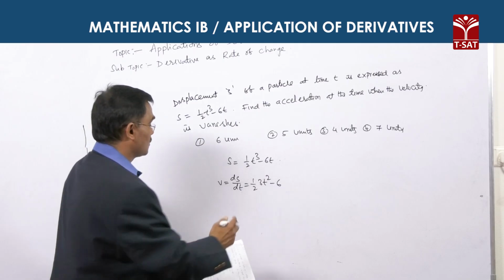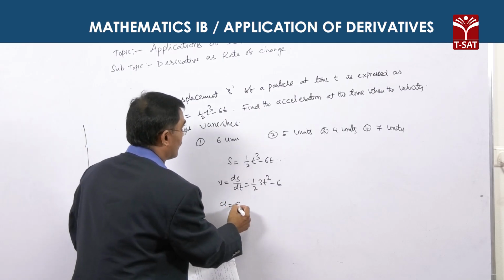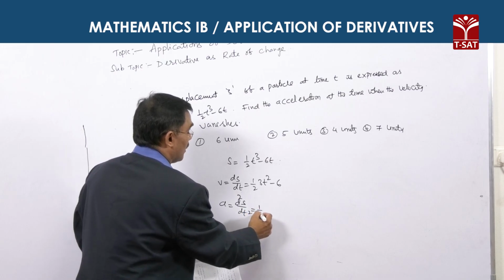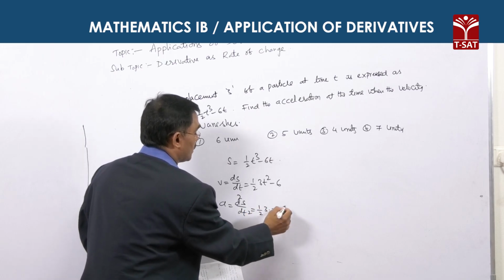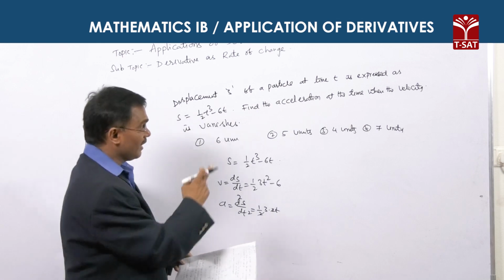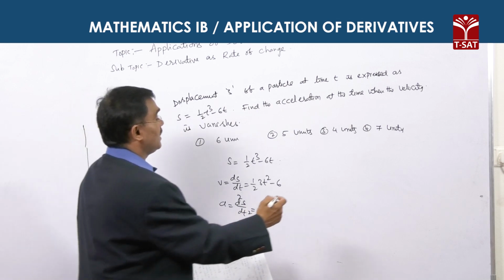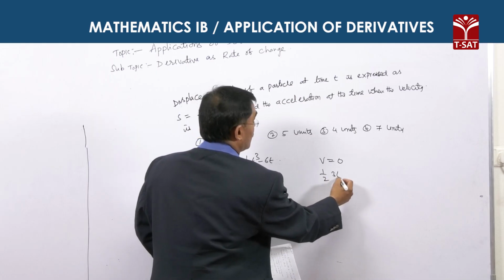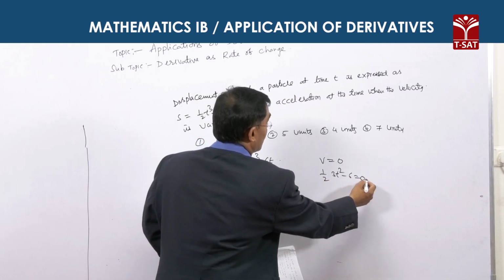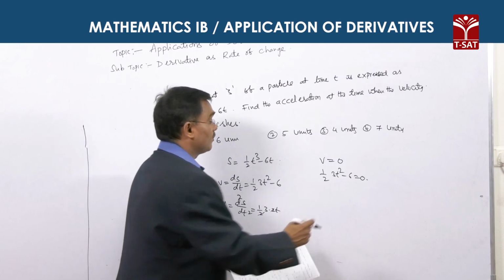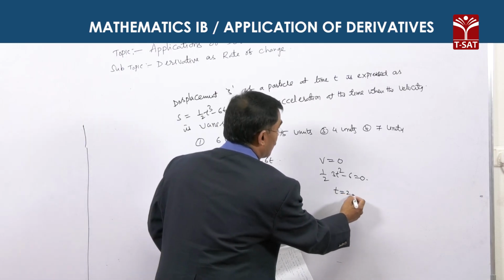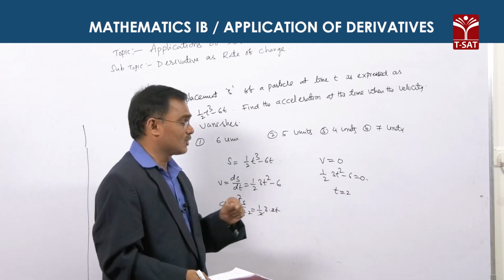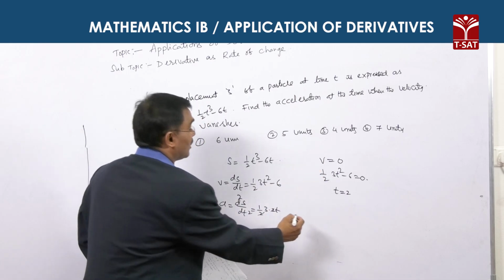This is the velocity, and acceleration a is equal to d square s by dt square, which is 1/2 into 3 into 2t. The 2 will be cancelled. What is asked is when velocity v is equal to 0. Right. v is equal to 0 means 1/2 into 3t square minus 6 is equal to 0. Simplifying this, time t is equal to 2. At the time t is equal to 2, velocity v is equal to 0. At that time acceleration a is equal to